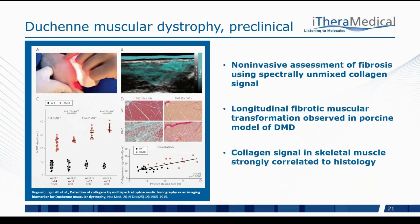Second example I'd like to show is in the context of Duchenne muscular dystrophy. I have two slides here, and these are both from the same study that was published late last year in Nature Medicine, also from the Erlangen group. What they did in this case is they had transgenic piglets that expressed Duchenne muscular dystrophy pathology. They then tracked these animals with weekly scanning by optoacoustics in the first 4 weeks of life, and they quantified